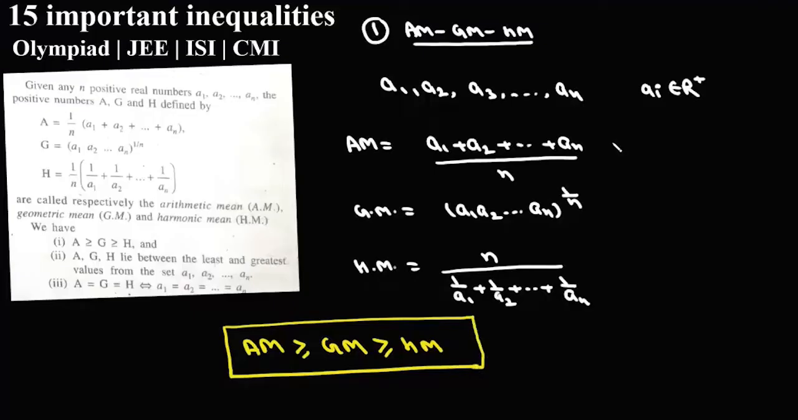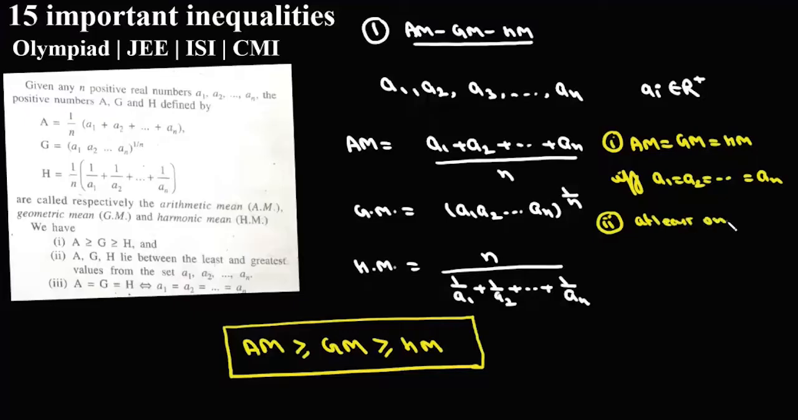Now here we have two cases. Case 1, we have this equality sign: AM is equal to GM and it will be equal to HM if and only if all the numbers are the same. So this equality sign is only possible when all these numbers are the same. And we have this second condition when